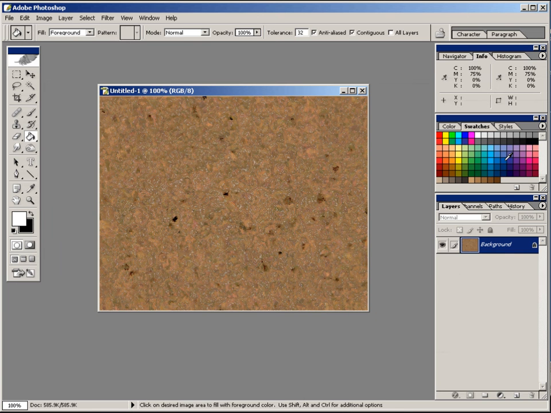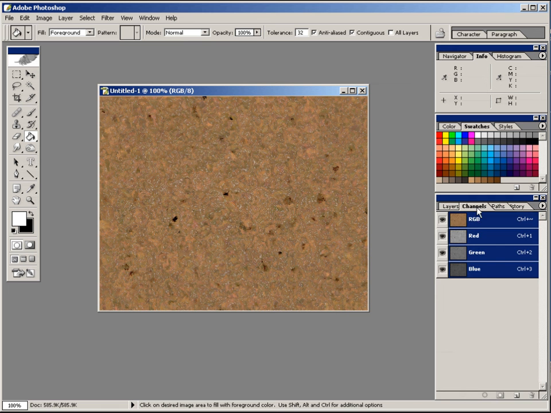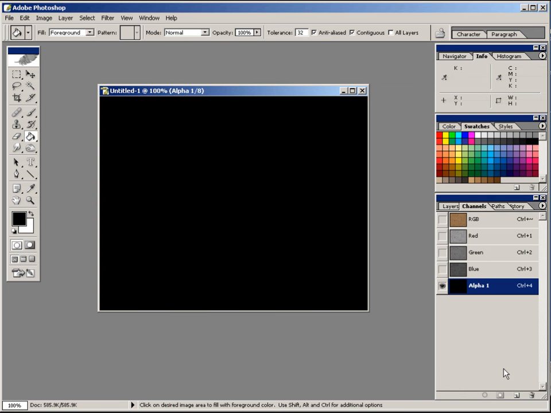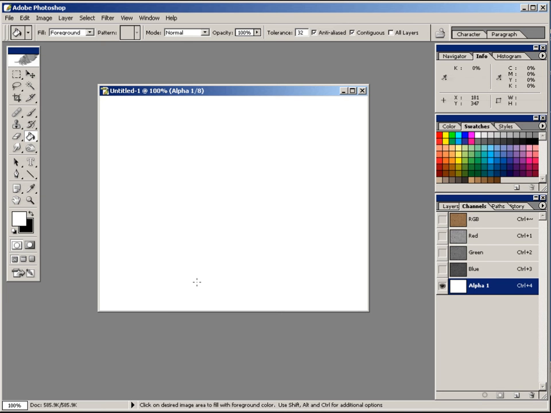And let's run over here to the channels palette and make a new channel. Let's fill this channel in with white. You can press D on the keyboard and you'll see the foreground color change to white. Select the paint bucket tool and click right on the image and you'll fill it in. Now press X on the keyboard to make the foreground black. You see it's black there, so press X and make it black, and now go up to filter, down here